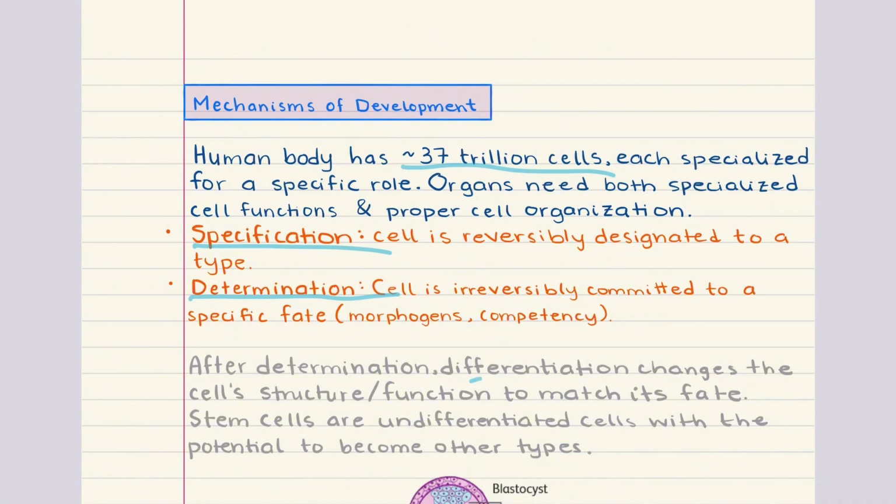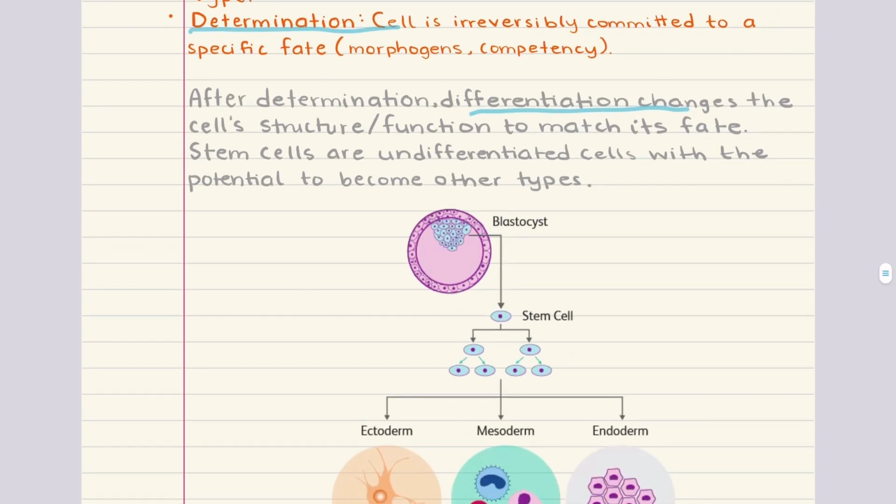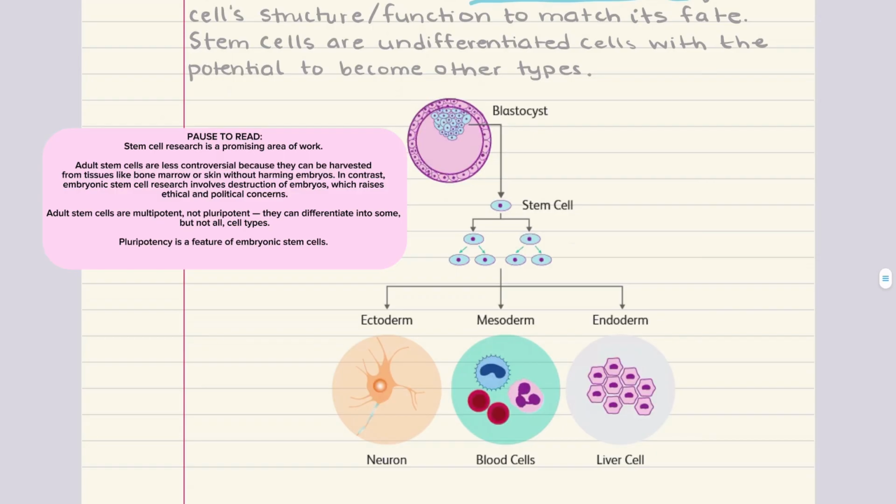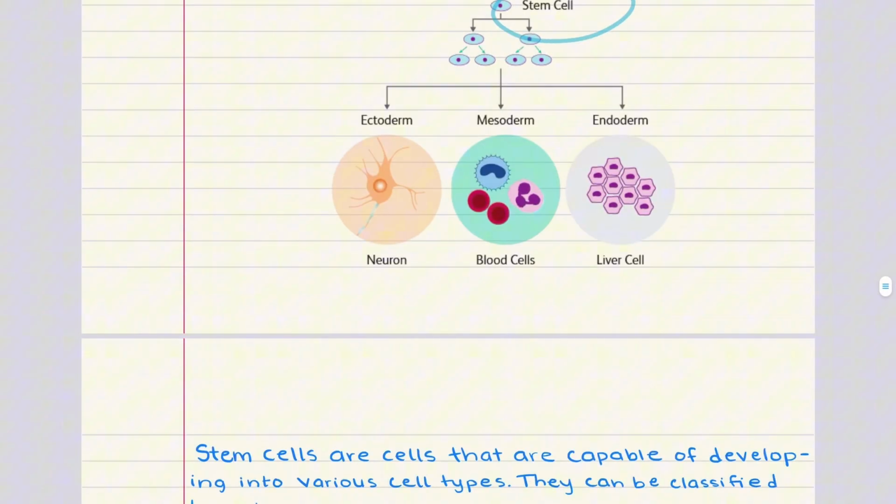Differentiation is the process by which a cell changes its physical structure and its internal machinery to carry out its specific function. So, for example, a cell that's destined to become a neuron is going to start building the proteins and the structures that are needed for transmitting nerve signals. Now, before differentiation begins, many of these cells actually start out as stem cells. Stem cells are undifferentiated cells with the potential to develop into a wide variety of other cell types. And depending on their level of flexibility, or what we call their potency, stem cells are classified into 3 main